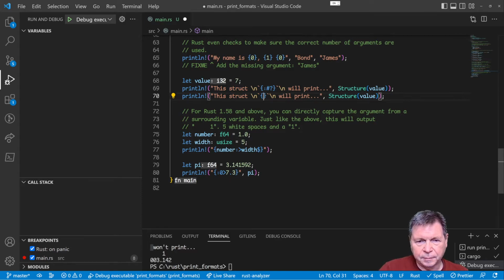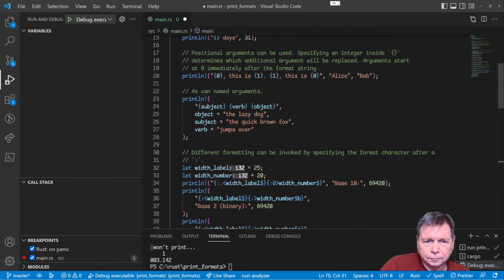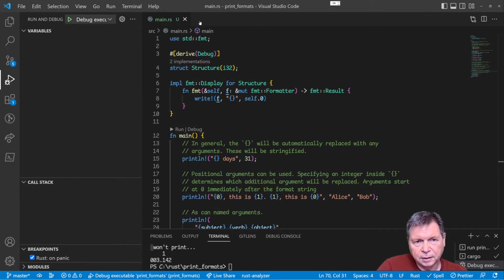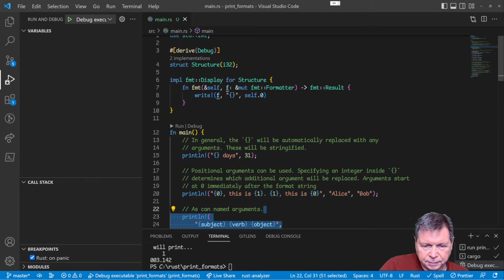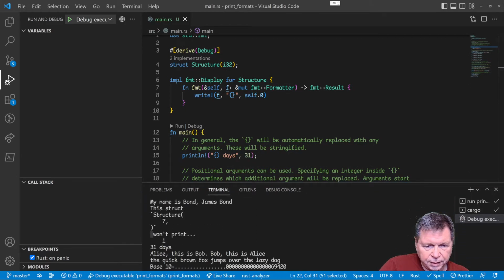Okay, and because we have an implementation of the display, it should actually print something. All right, actually, you know what? I'm going to take the breakpoint off temporarily. Let's save this, and we'll run this. We'll just see what comes back out. Okay. Oh, and make this a little bigger for now. Okay, so then,